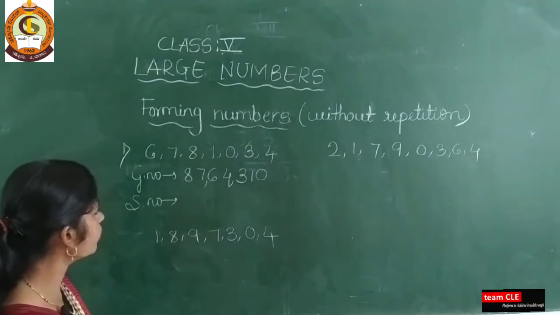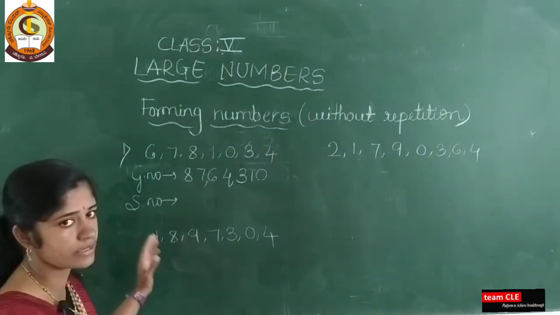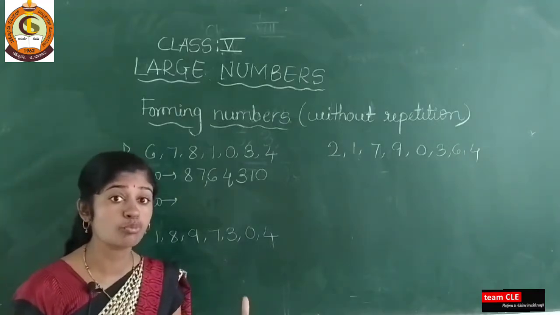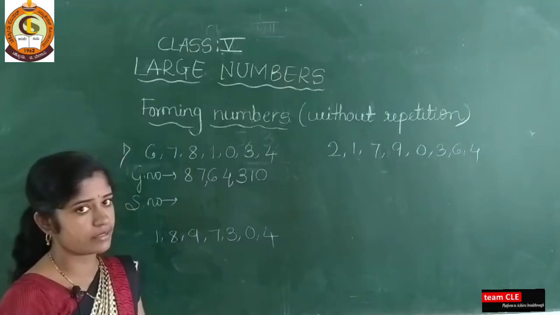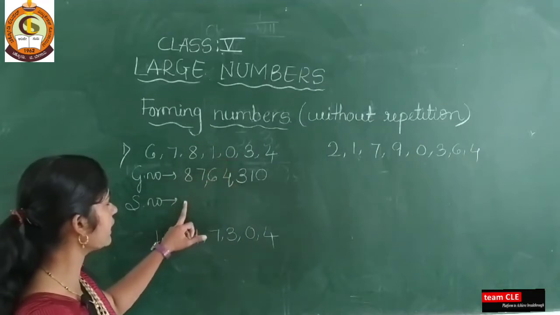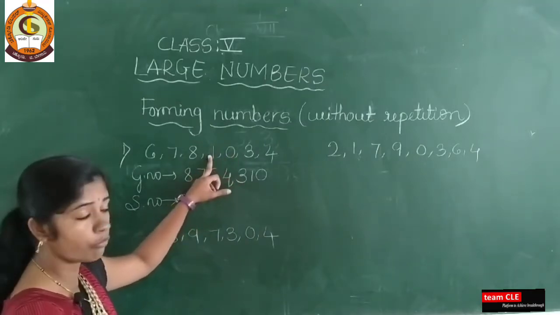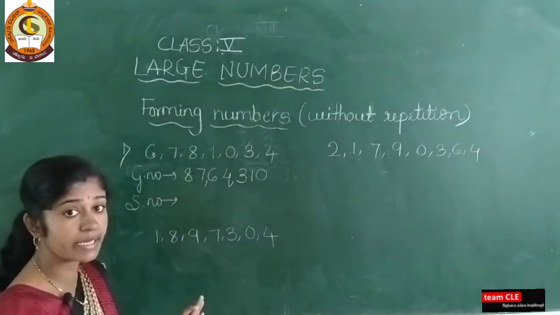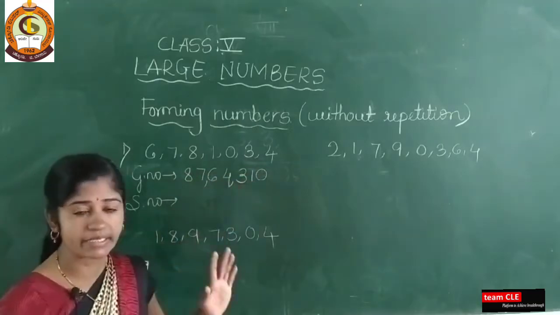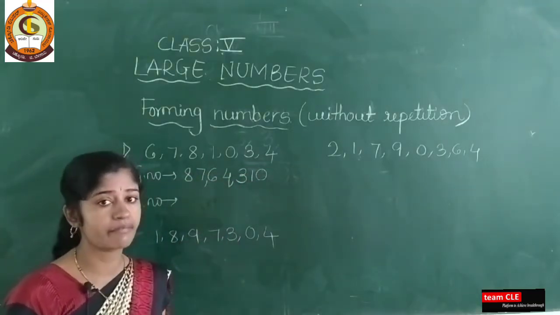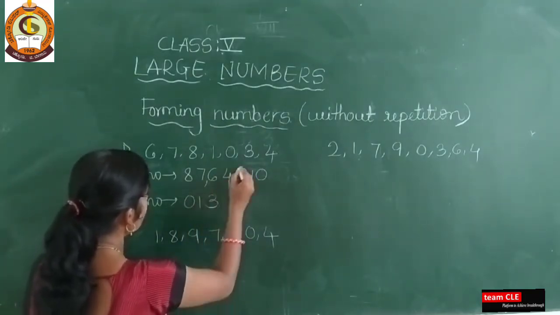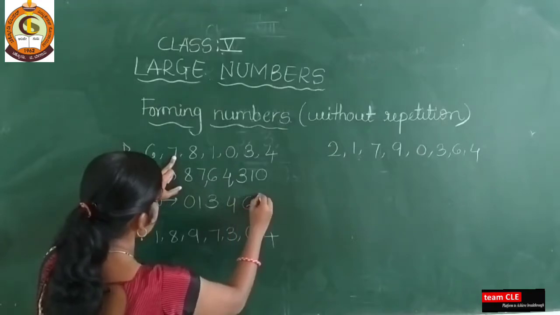Next, one more question is there to form the smallest number. Smallest number means, as I already told you, start with the small number, but in case 0 is there, don't write 0 first. After 0 which one is small here? 1. Next you write 0. Why are we writing like that? Here the question is to form a 7 digit number. If I formed like this, 0, 1, 3, 4, next 6, 7, 8.